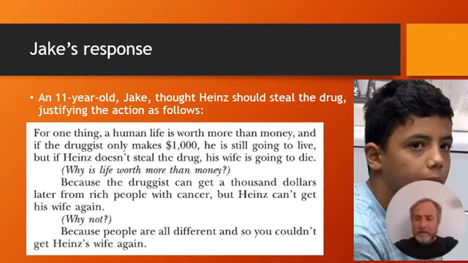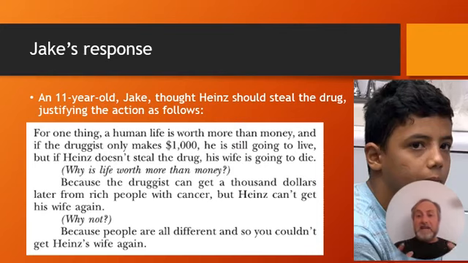So hopefully this sounds very familiar to you. Kant's second version of the categorical imperative, which is based on the idea that human beings are special and should always be treated as ends in themselves, never merely as means. And part of Kant's reasoning for what's special about humans is that they are irreplaceable. So Heinz can't get his wife again. If a child dies, you can have another child, but you can't replace that child, which is why we're still sad, even if you have another child, and if one dies, and so on.